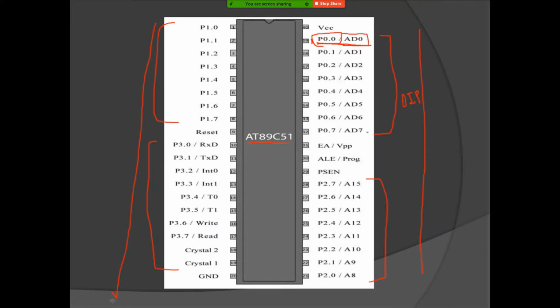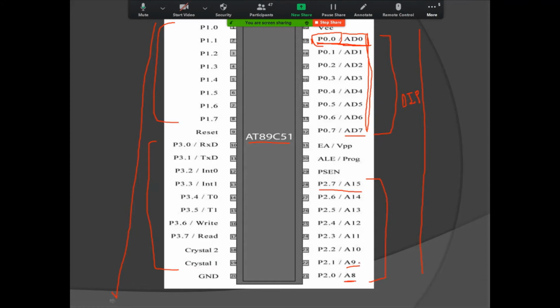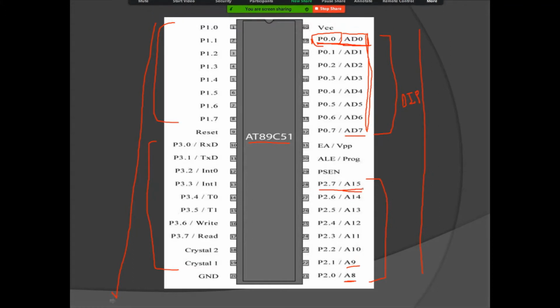When we have to connect an external device or external memory, we will be interfacing that particular device or memory to port P0 and then port P2. Here you see AD7, that means address pin 0 to address pin 7. Then we have address pins 8, 9, 10 up to 15. So there are 16 address lines.